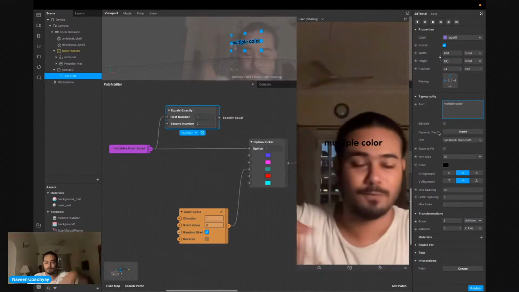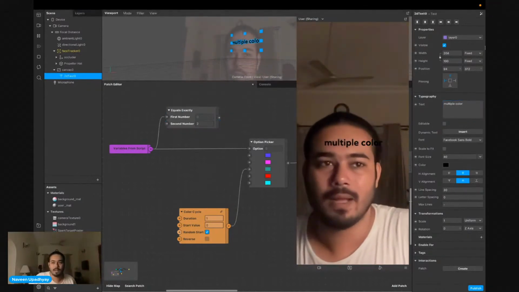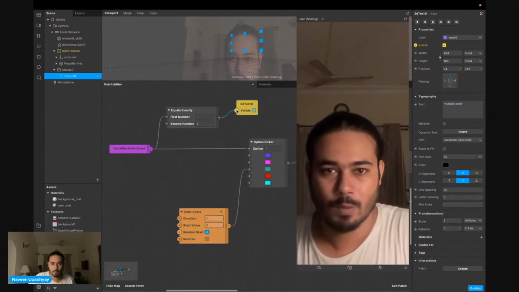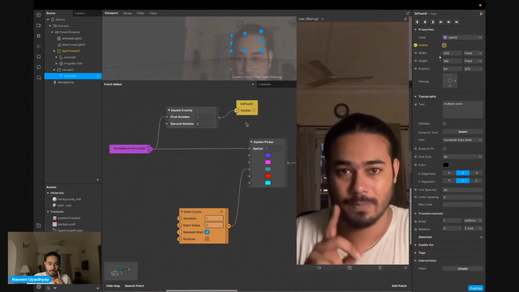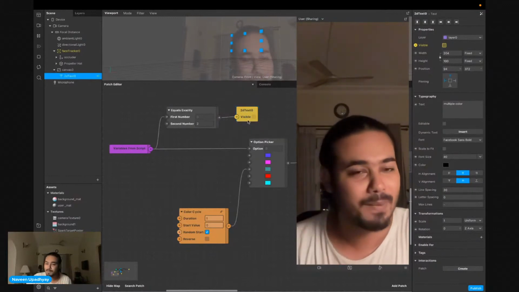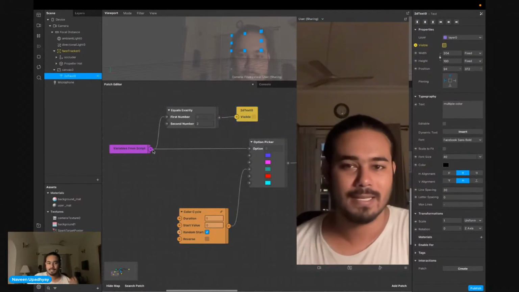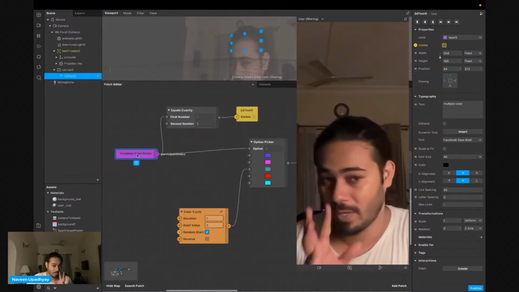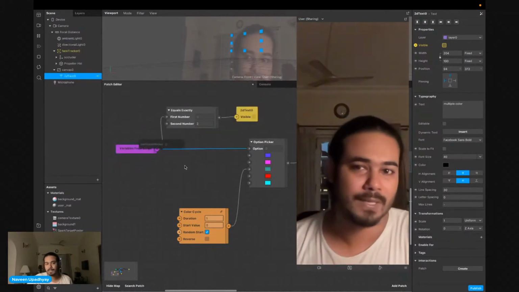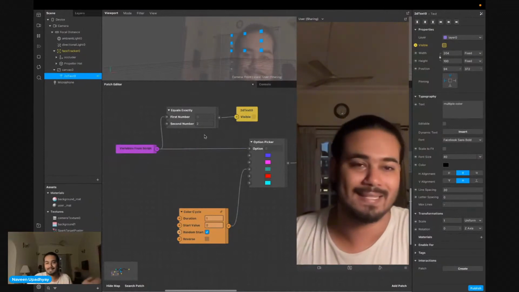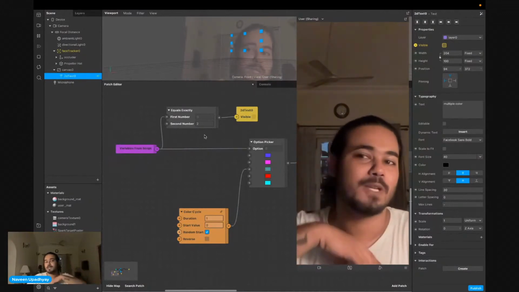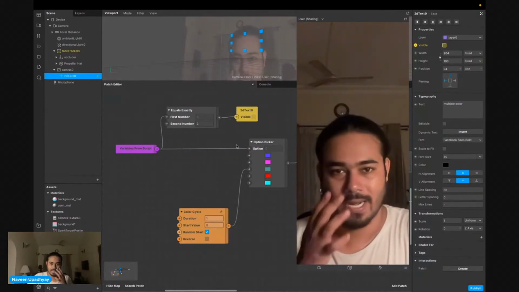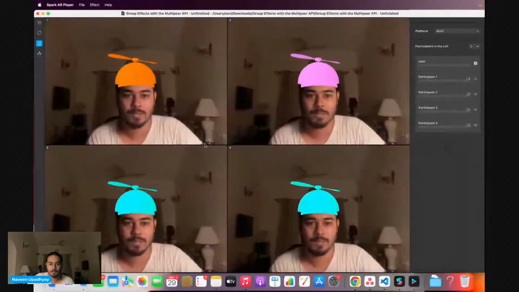Right now it's visible for me also, it's going to be visible everywhere, but I'm going to set the visibility of this to, let's say, when you are participant number two, then only it's going to be visible. So that you understand that this variable is doing a lot for us. It's a very wonderful number that we're getting out of it, and we can do so many things for each participant. We can do different things with the color in the video call. So let's try and see how it's working now.